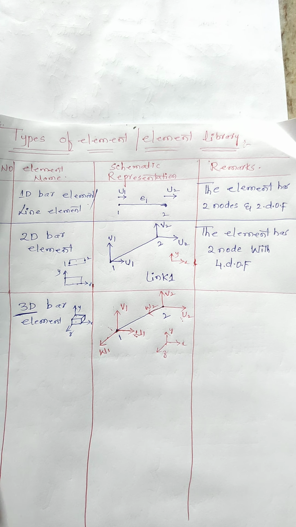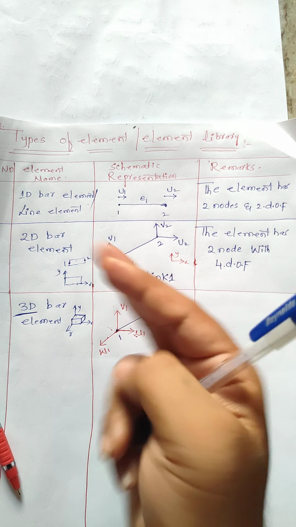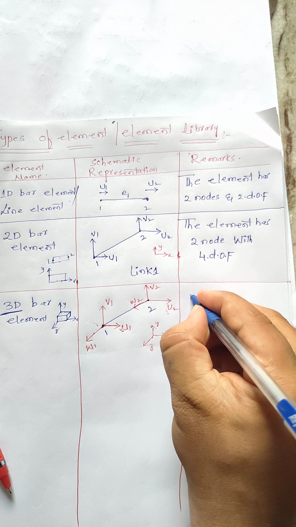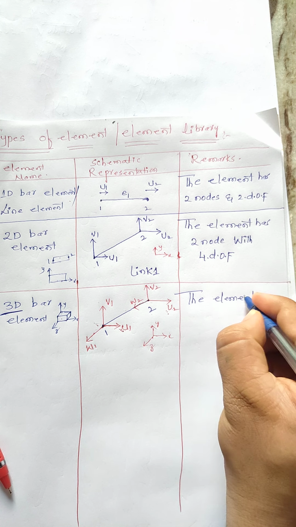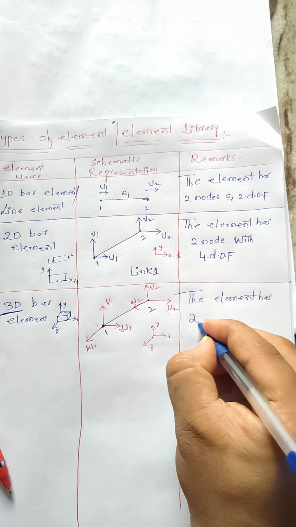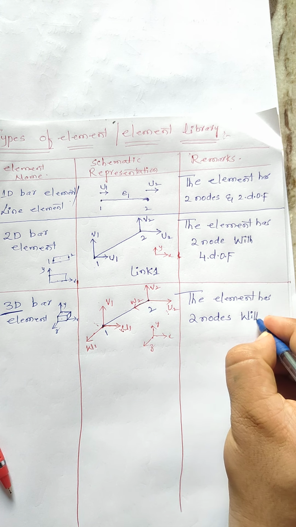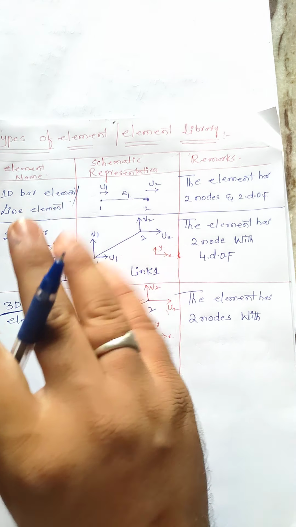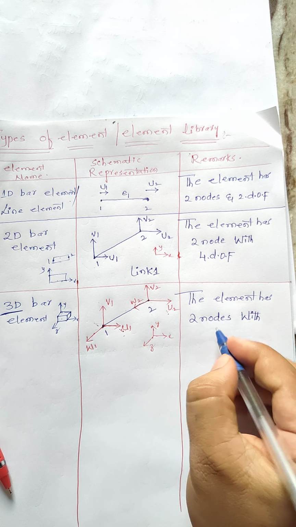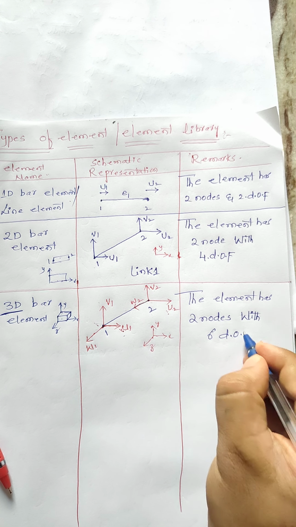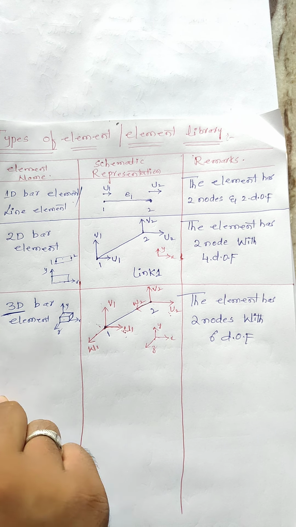Okay, then we can represent: this element has how many nodes? 2 nodes. Is it right? This element has how many nodes here? 2 nodes, with how many degrees of freedom? Total 6: u1 v1 w1, u2 v2 w2. 6 degrees of freedom. Then the next one,